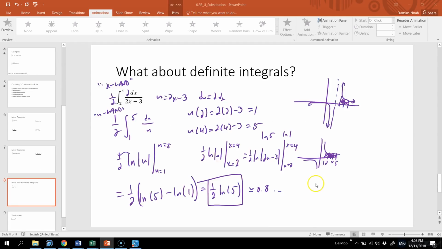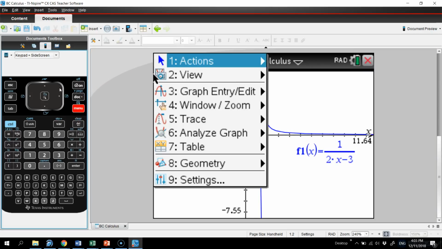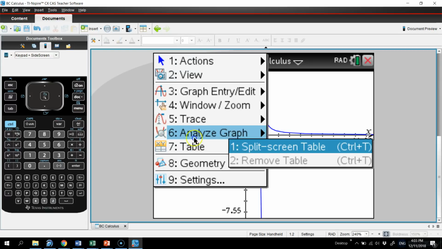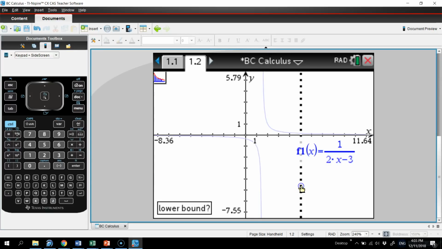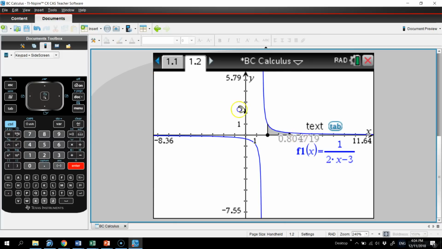Okay, so this right here that I have graphed is 1 over 2x minus 3. So I'm going to go to Menu, Analyze Graph, and I'm going to integrate. Number 7. And we're integrating, I believe it was from 2 to 4. Okay, and we get a value of